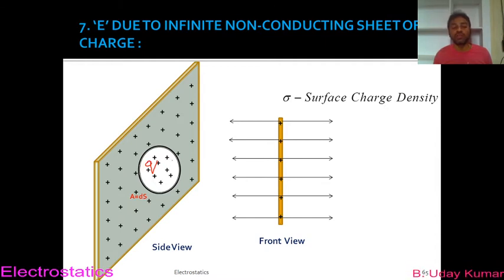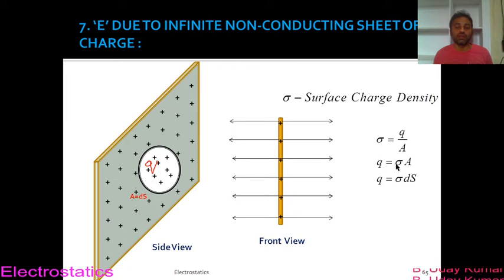And how to determine sigma? You already know the derivation. Sigma is nothing but the charge per unit area. You already know this one, right? By the definition of charge per unit area, I can write sigma as the charge present on this area, which I have taken as Q, divided by its area, which is capital A. So if I divide Q by A, I get sigma, that's it.